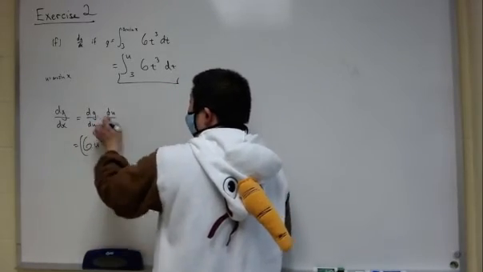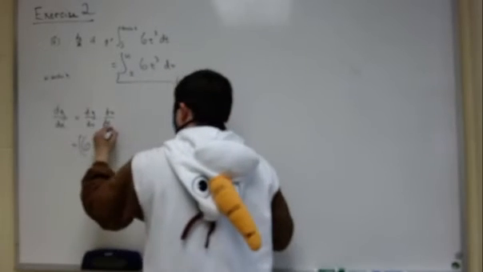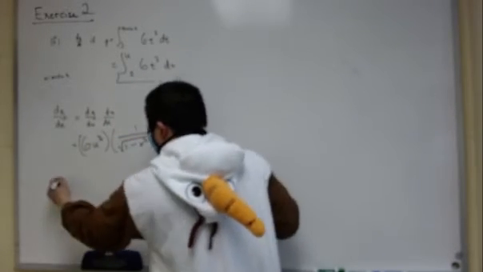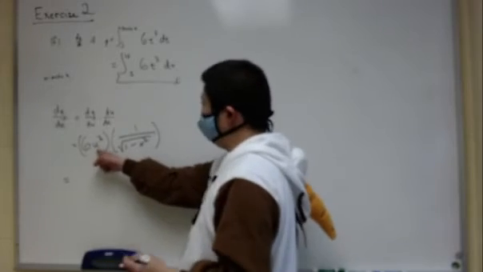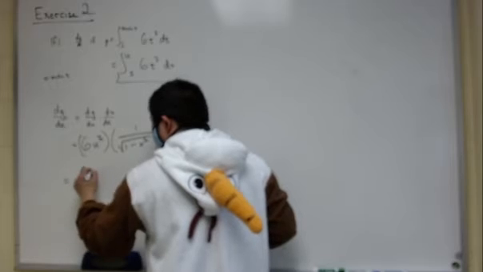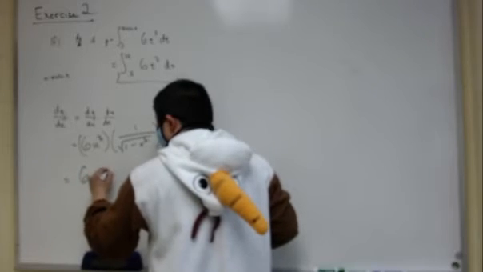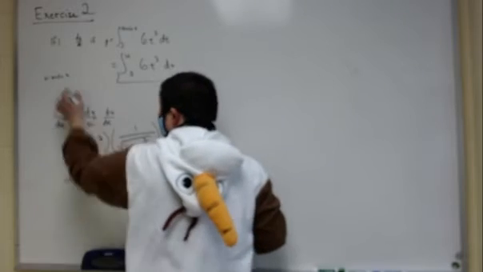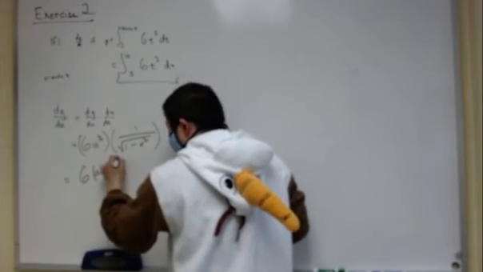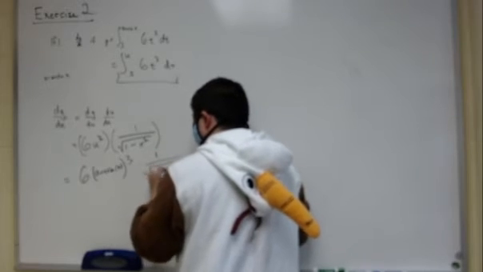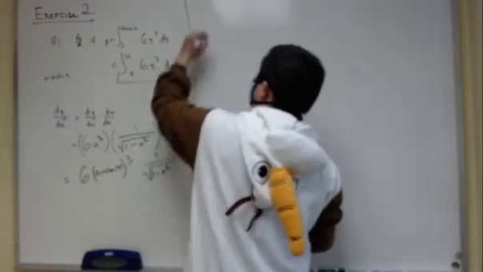Then we need du/dx. So differentiate arc sine of x. We'll write that here. That's 1 over root 1 minus x squared. Now the last thing to do is replace the u here with arc sine of x. So we can drop the parentheses: 6 times arc sine of x, and that was what u was. But then, oh, there's a cube, so let's do that cubed, times 1 over root 1 minus x squared. Part G,